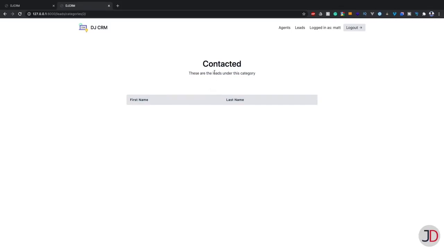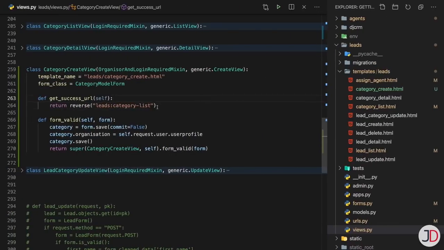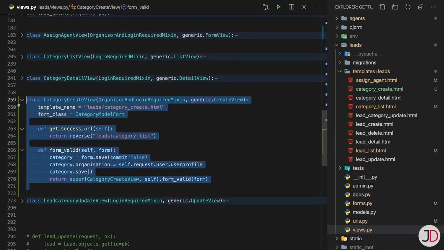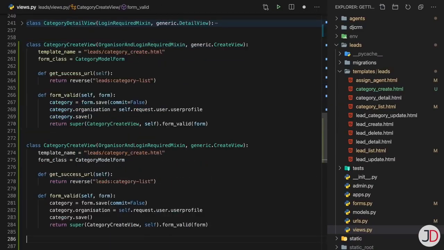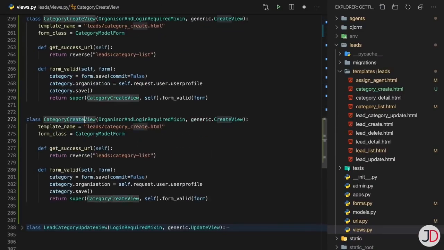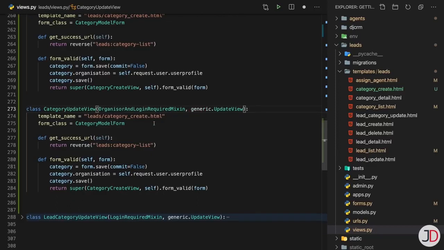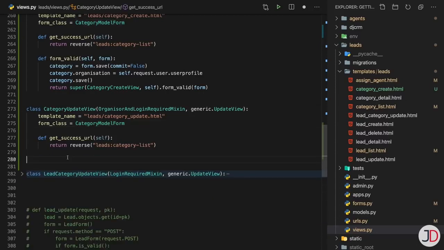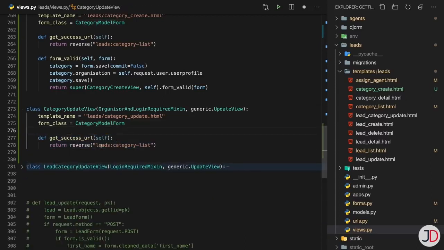So now we'll just do an update view as well. And it's going to be very similar to this right here. So I'll just copy and paste that. This is going to be called the category update view. It's going to use the same form, but now it's an update view. The template will be the category update.html, and we can remove the form valid, and we can keep the same